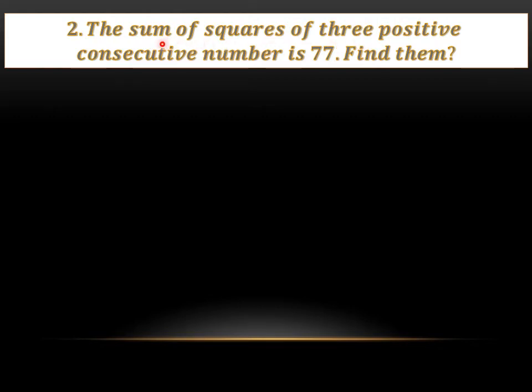Starting from the beginning, the first word is sum, which means we have to put the plus signs. Of squares means we are going to take the square. Taking square of what? Taking square of three positive consecutive numbers. So first of all, we have to consider what the three positive consecutive numbers are. We have to suppose those numbers. But how to suppose those numbers? As we have done previously in question 1,